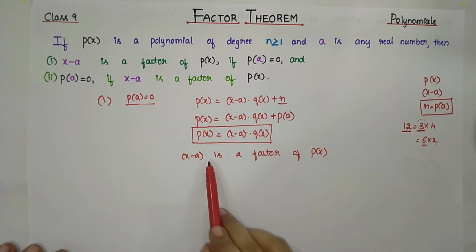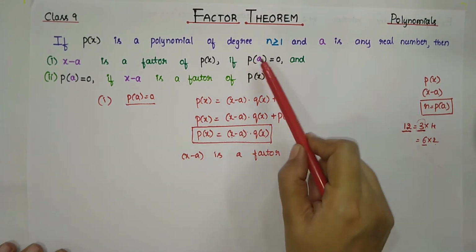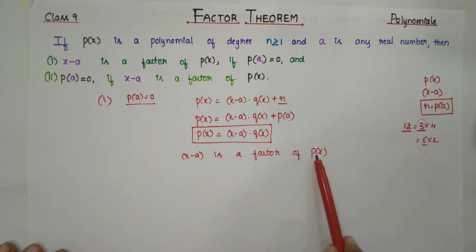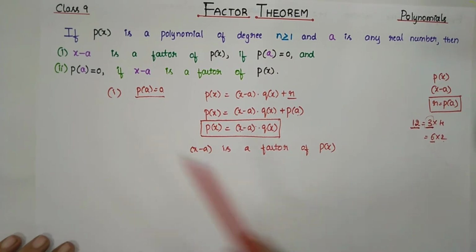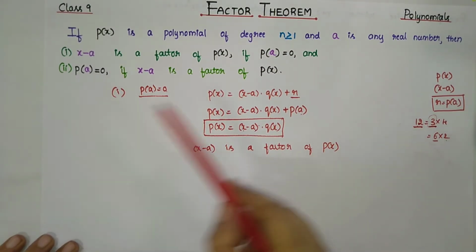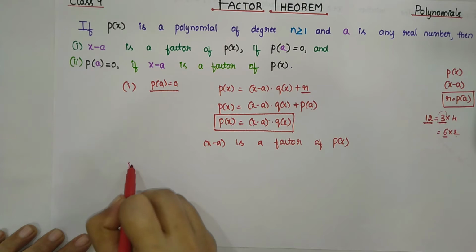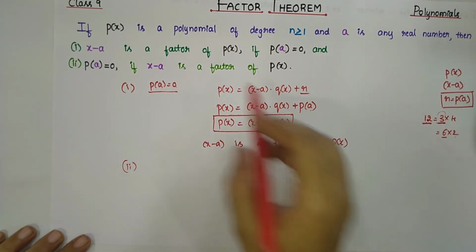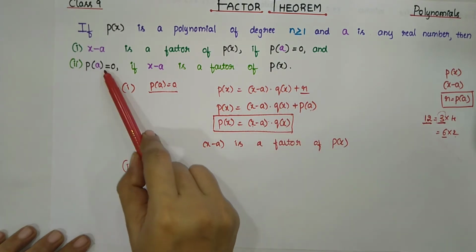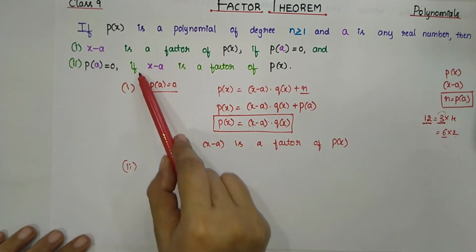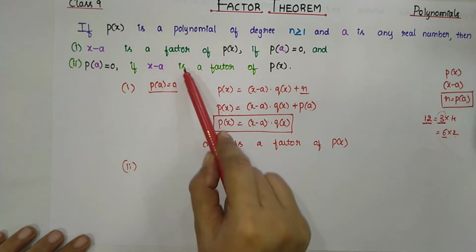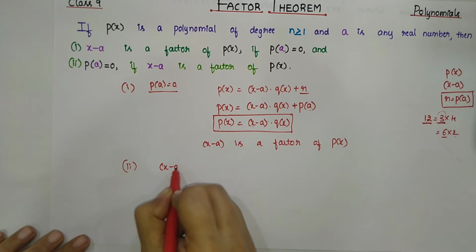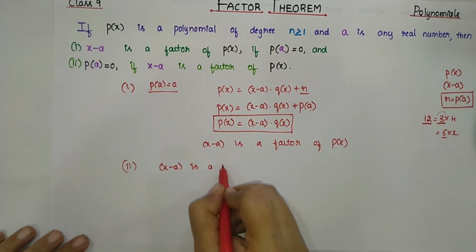So this is the first part of the theorem, that is, if p of a is equal to 0, then x minus a is a factor of polynomial p of x. Now we have to prove the second part, that is, conversely, here we will consider that x minus a is a factor of p of x and we will prove that p of a is equal to 0. So now, if x minus a is a factor of p of x,